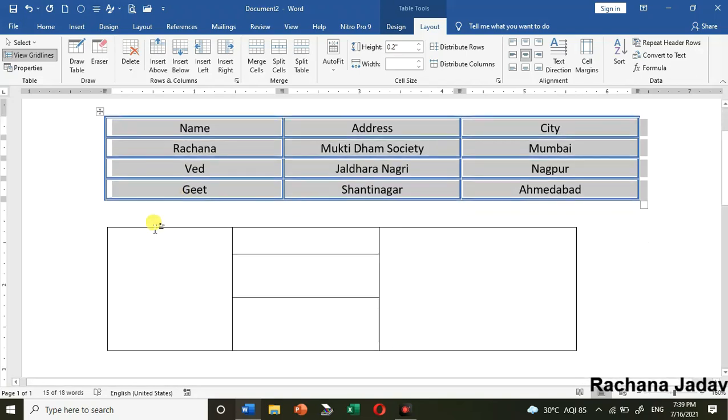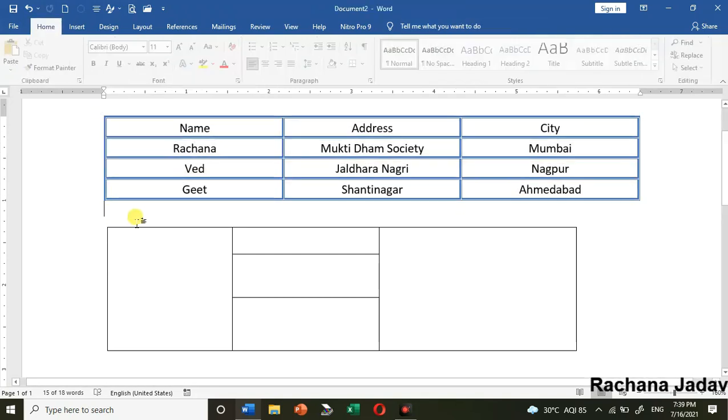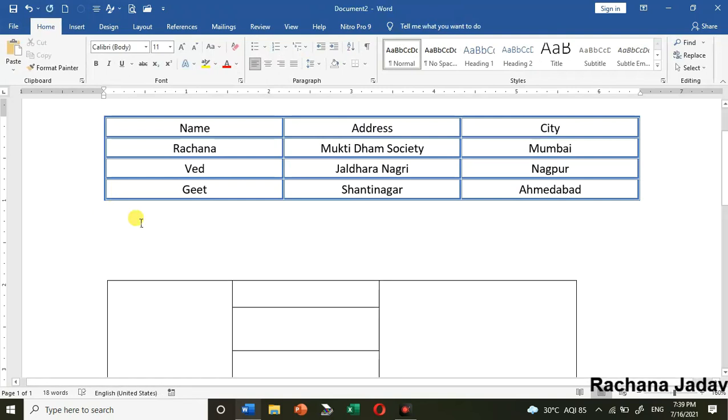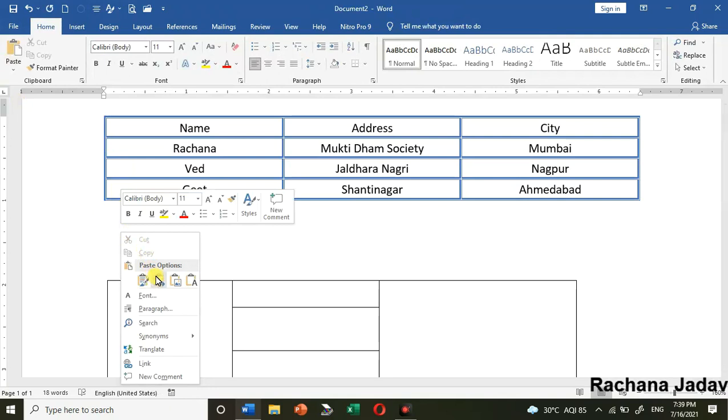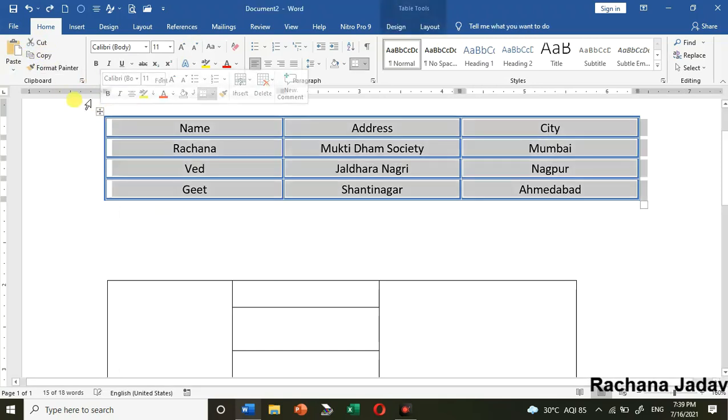Okay, here one more thing I want to add: if you want to make a copy of the table, then you can click on copy, keep the cursor outside, and paste it. So you can right click and paste. You have the option of paste. Okay, then we also have the option from here. I have told you in the last video, in the formatting and editing one, about cut, copy, paste, so you can use that. Moving the table is cut and paste.